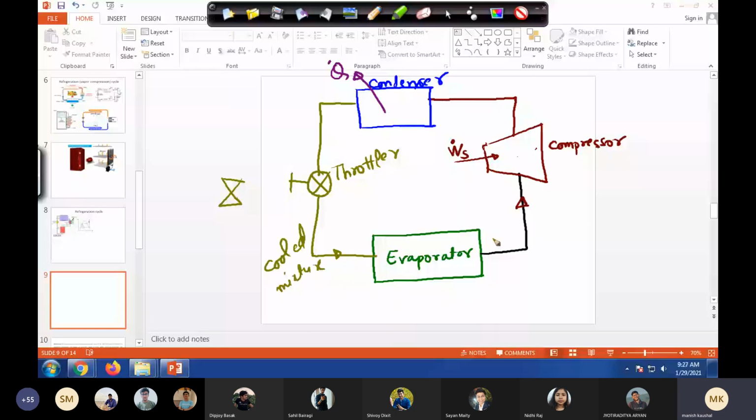Okay, so since it is cooled, as I told you, whatever you have kept here, let's say food items,